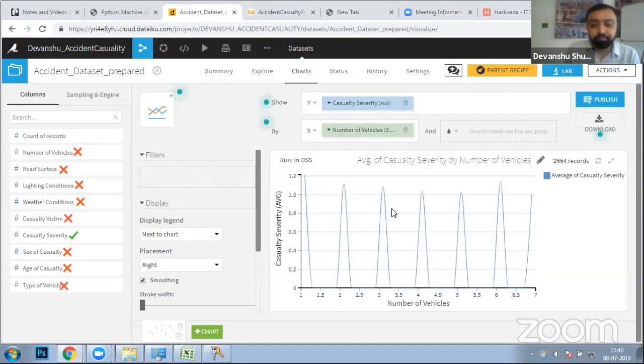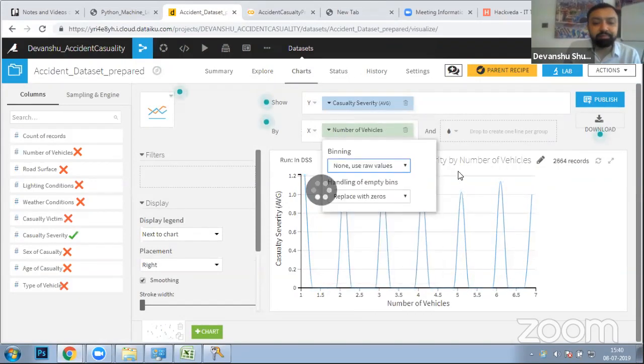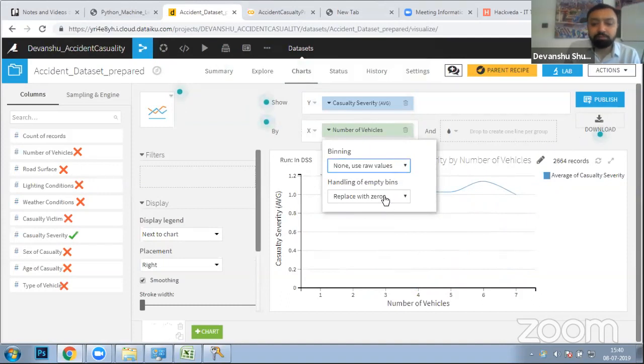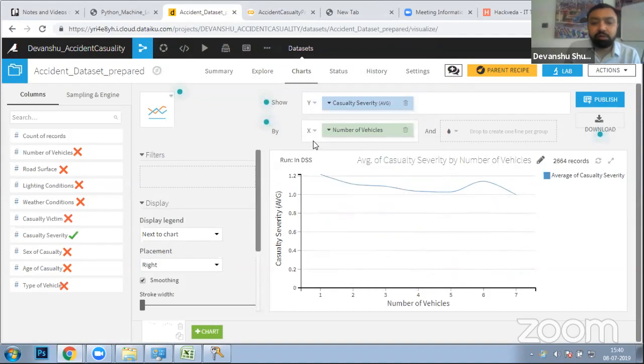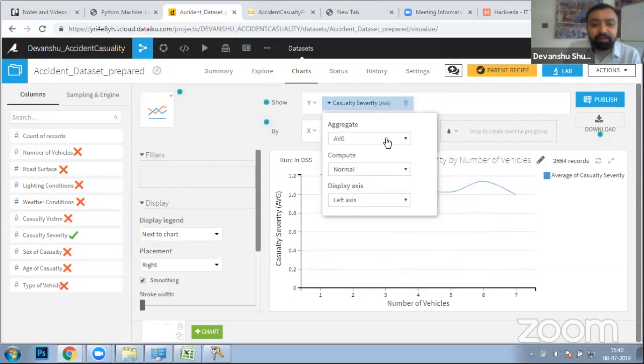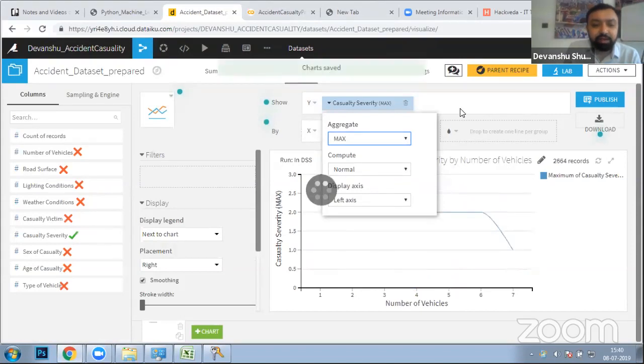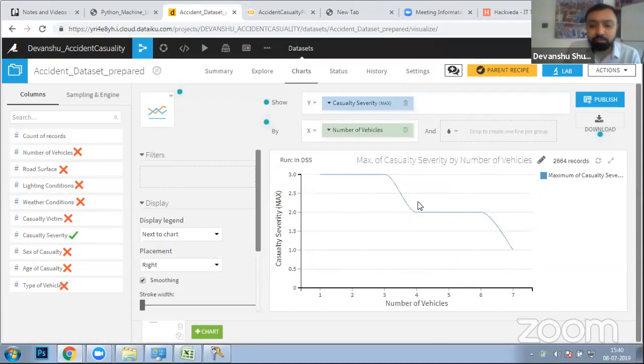Okay. So I would like to use the natural values, the actual values. So I have some cases. Casualty severity, which is the average, let's say I'll take up the max values. Okay, 3, 2 and 1 are the cases we have. Okay, a line plot kind of has been made. There are cases of 1, 2, 3. Number 3 which is your fatal. Okay,